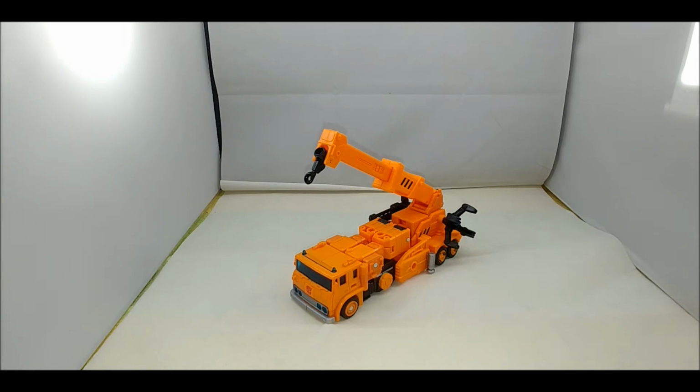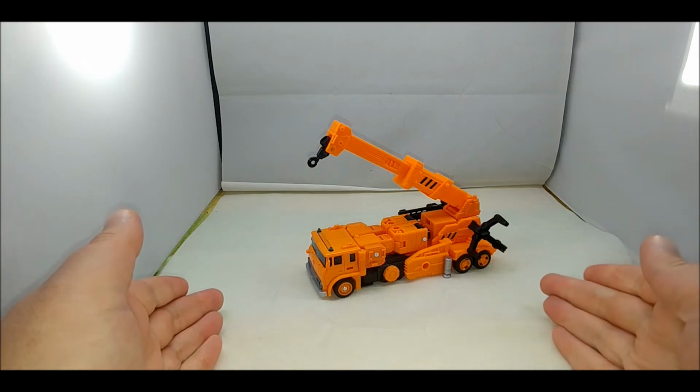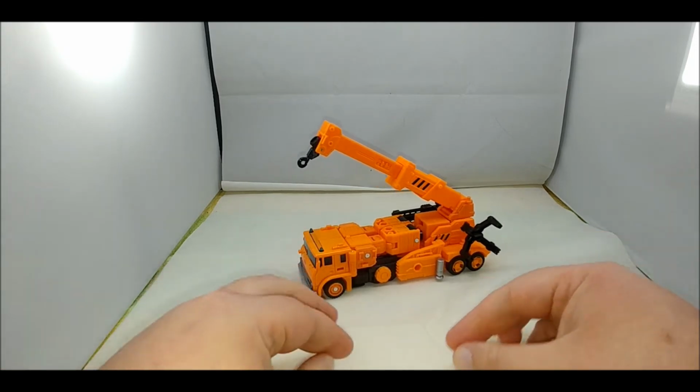We are taking a look at from the Transformers Earthrise line, the subline of War for Cybertron, this is Voyager class Grapple. I got Grapple from Amazon, and we'll get into that a little bit later because I have some interesting and funny insights. Unlike the Hunt for the Decepticons Reveal the Shield version, this version of Grapple is much closer to